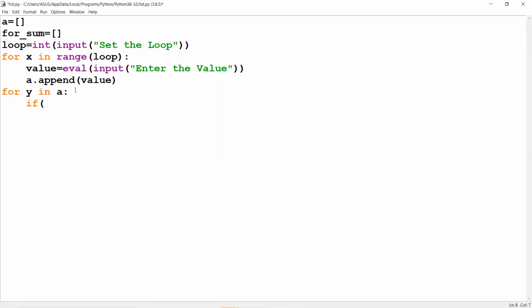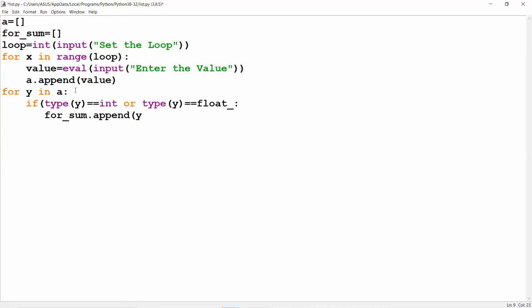So we are using if type of y == int or type of y == float, then for sum, it's my list name, append y.